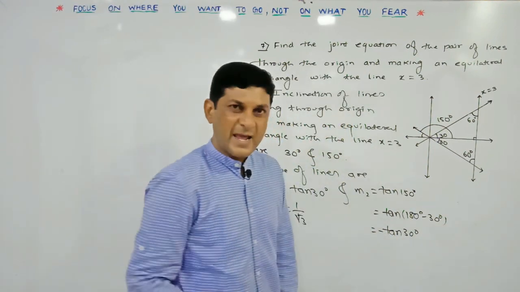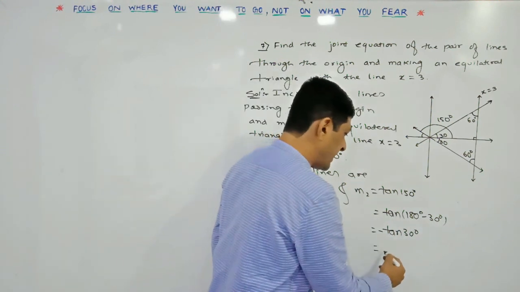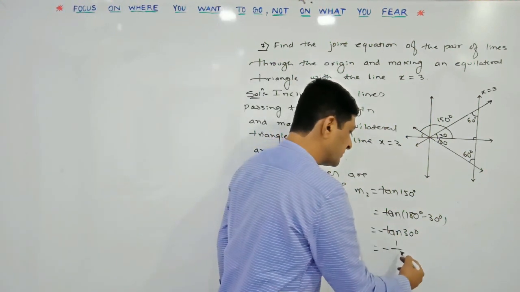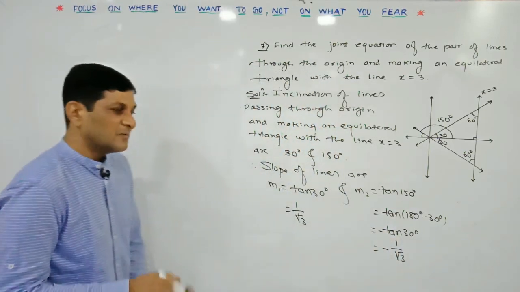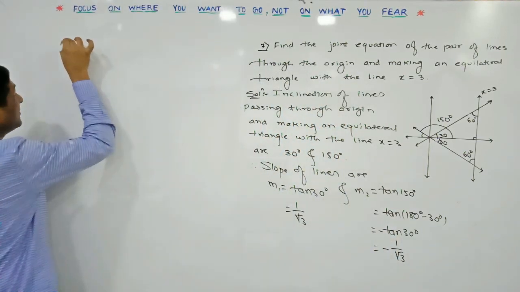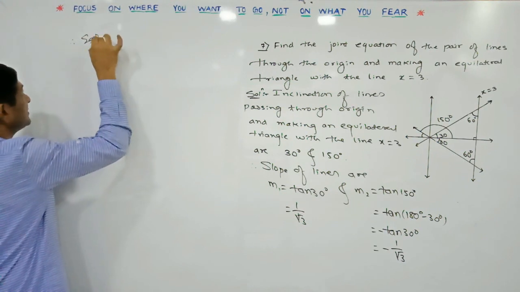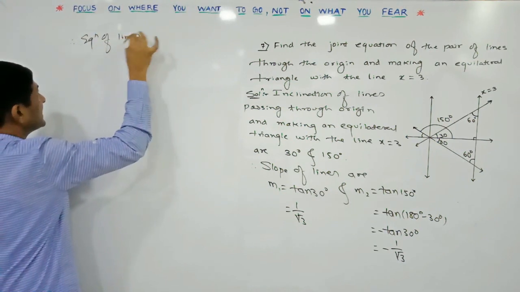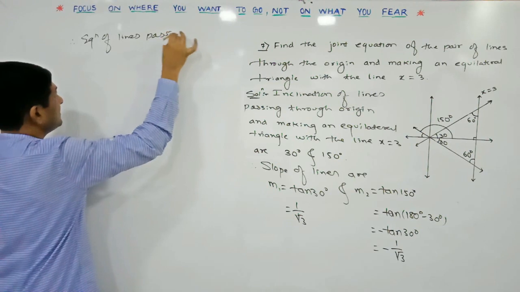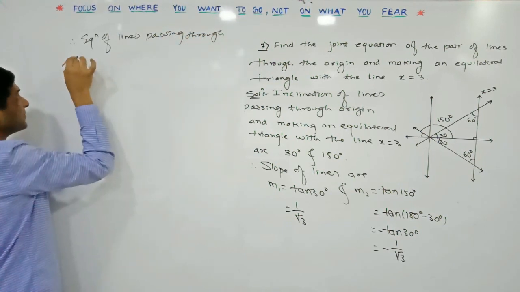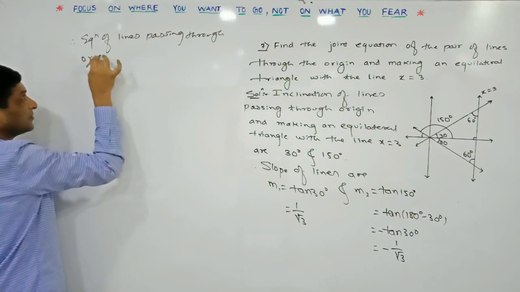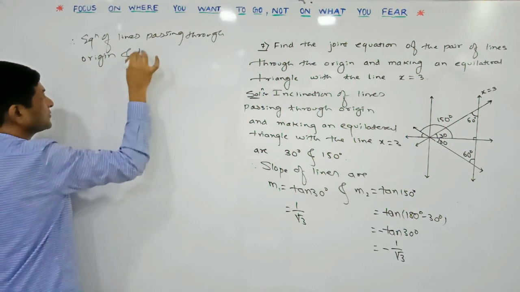Just simply we are applying allied angle formulas. So minus, keep it as it is, tan 30 is equal to 1 by root 3. Now the slope of the second line is also known to us. Once the slopes are known to us, find the equation of the lines. Our required lines pass through the origin and have slopes